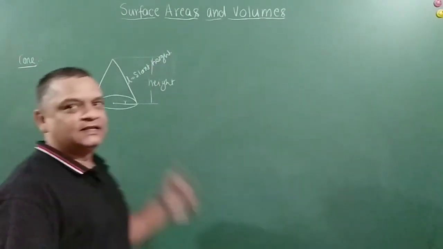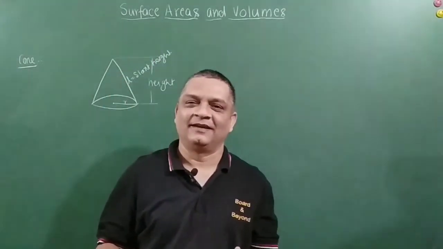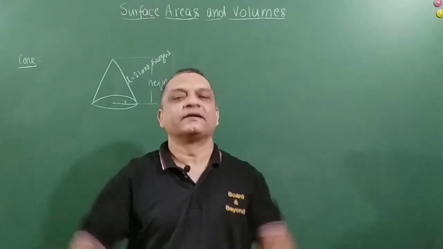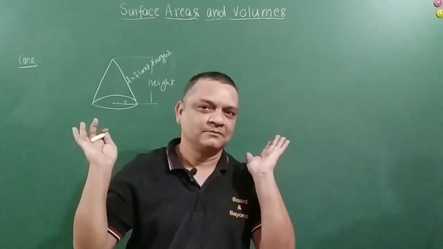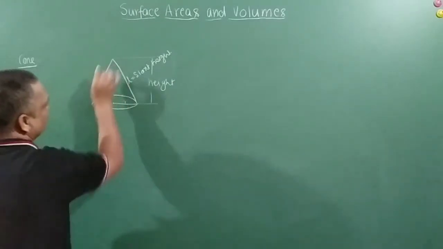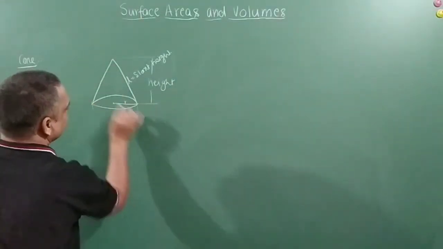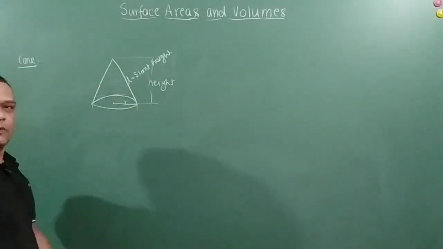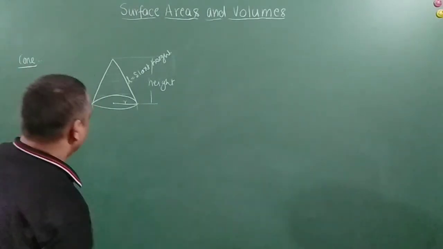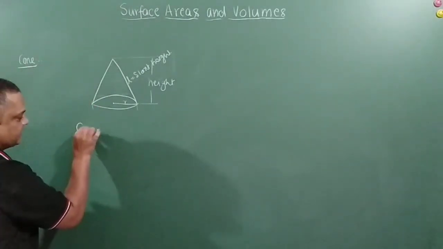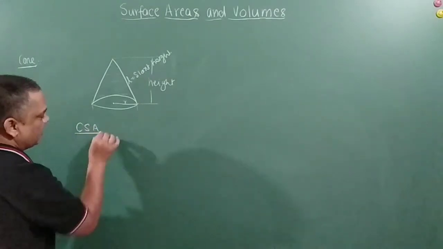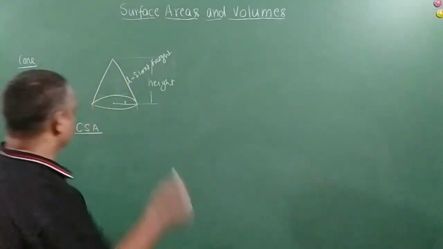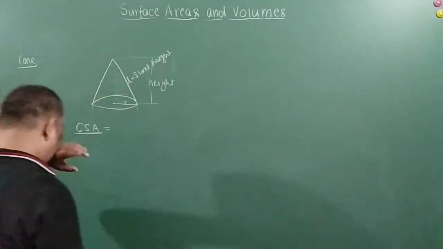Now friends, this is not a regular figure, because this solid is not maintaining its width along its height. Correct? See, the width here keeps tapering, and ultimately the width becomes 0. Right? So in this case, we will talk about curved surface area because the corners are not well defined.